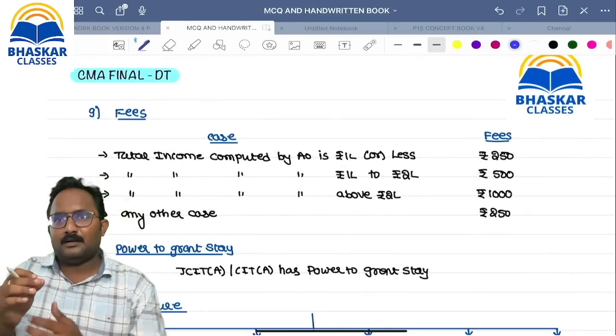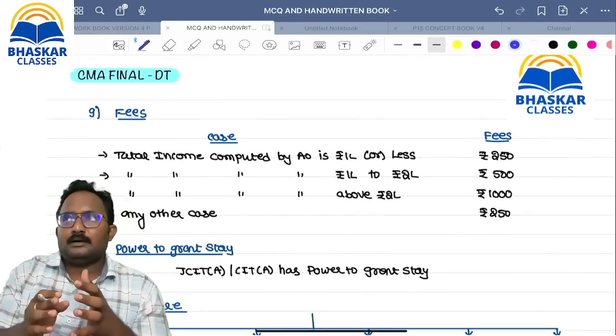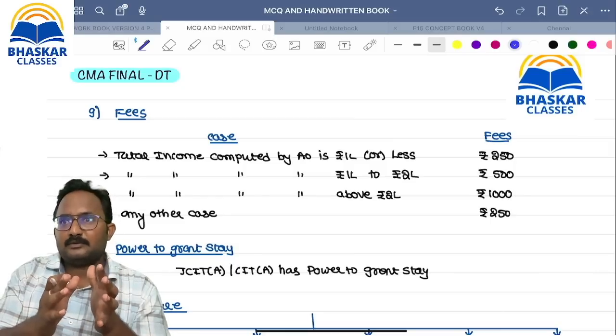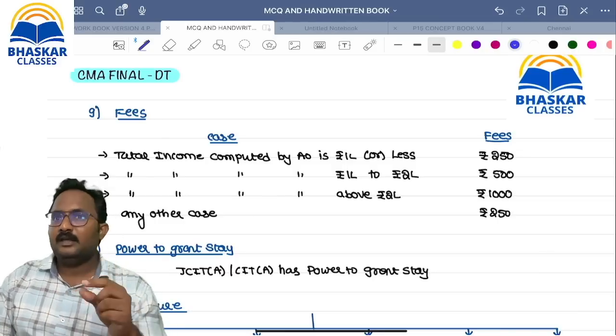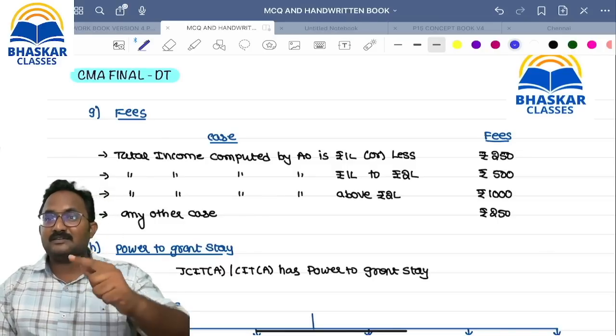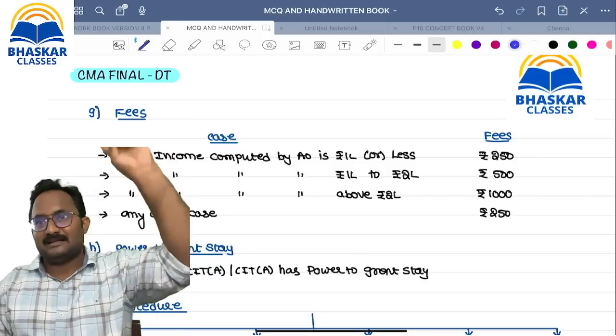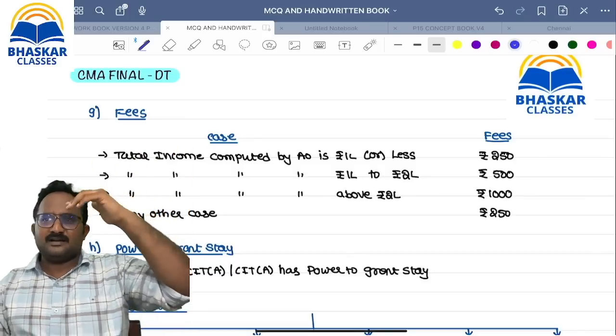Last attempt, in the EO batch, there is a magic, because one or two students are regular batch students for me. The regular batch means not for one attempt. I think first we had one initiation: if any student once paid the fees, we need to give the service till their qualification. That policy we haven't continued, because it was misused by many students. That's why we discontinued that policy.